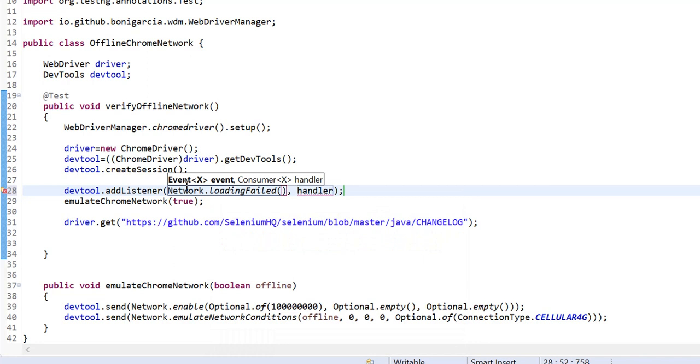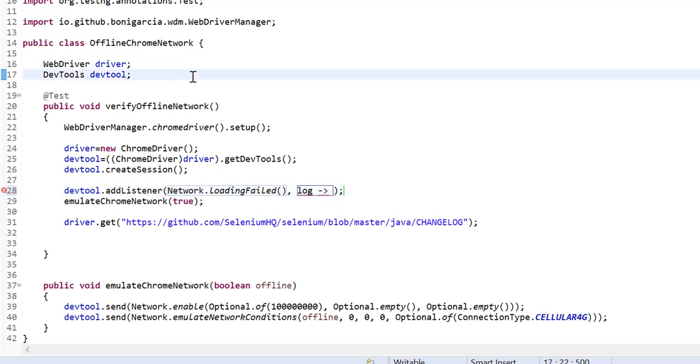If something fails during the loading, then we can get the logs here. This is the stream API, we can see here log, and here we can get the log.